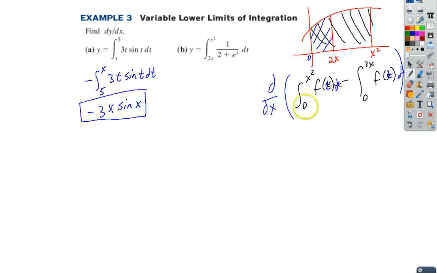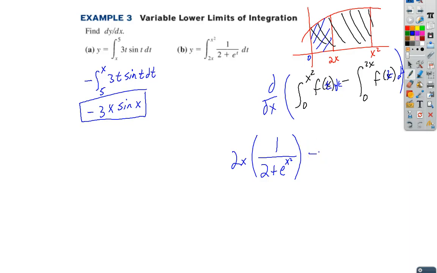I'm going from a number to x squared. So what was my pattern? My pattern was to put in the x squared wherever the t is. So it's going to be 1 over 2 plus e to the x squared, times the derivative of x squared, 2x,